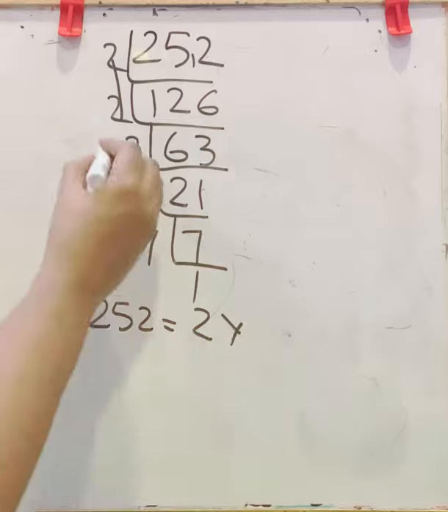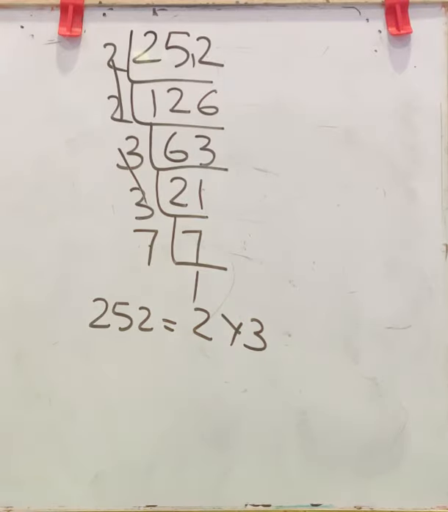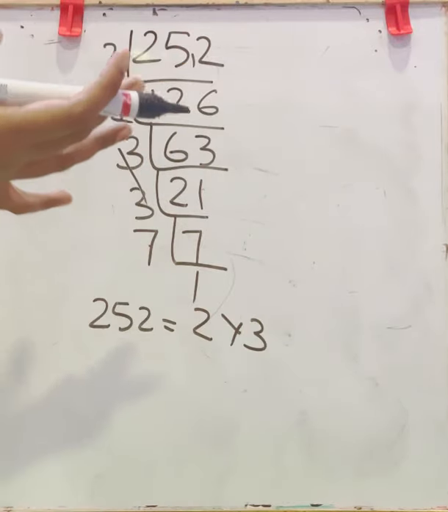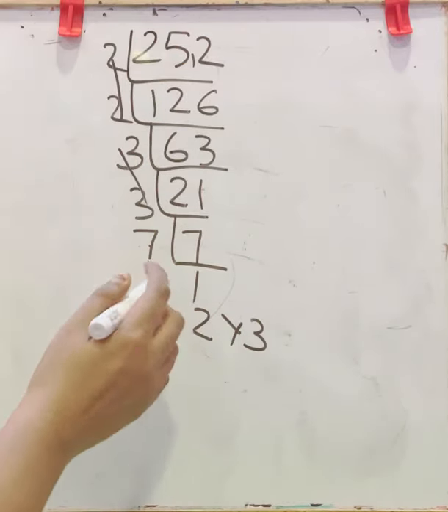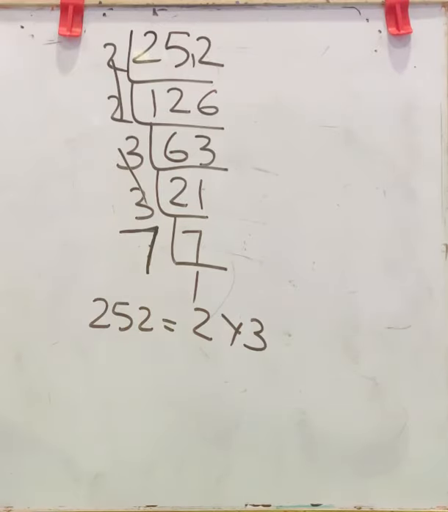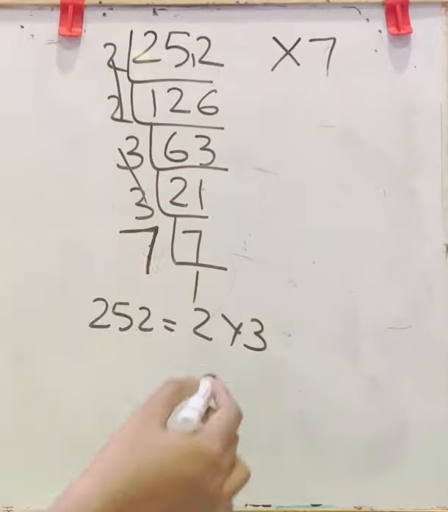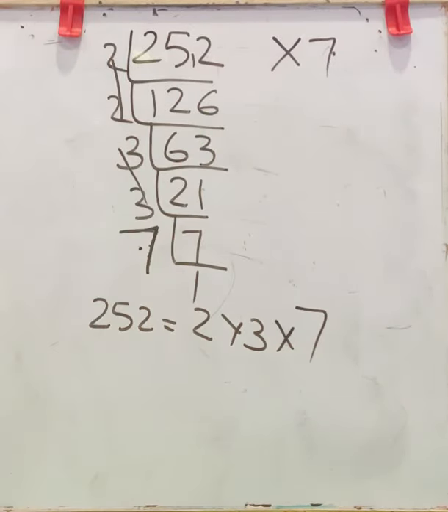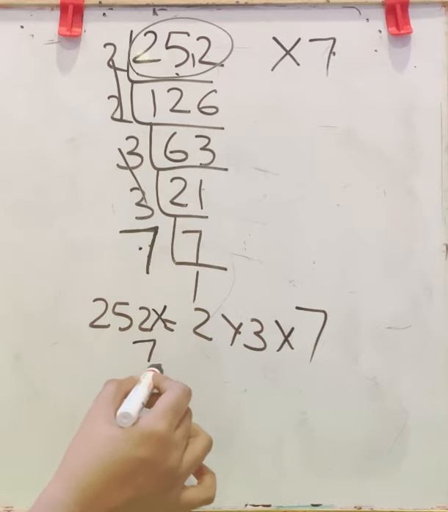So 252, you should pair like this: 1 2, 1 3. Now if it was a perfect square number, you would have a pair for 7. Here we don't have a pair. So to make this a perfect square, which is the number multiplied to it? Yes. Here the missing pair is for 7. So 7 should be multiplied with this. Then you can get a pair of 7 and take 1 7 from it.